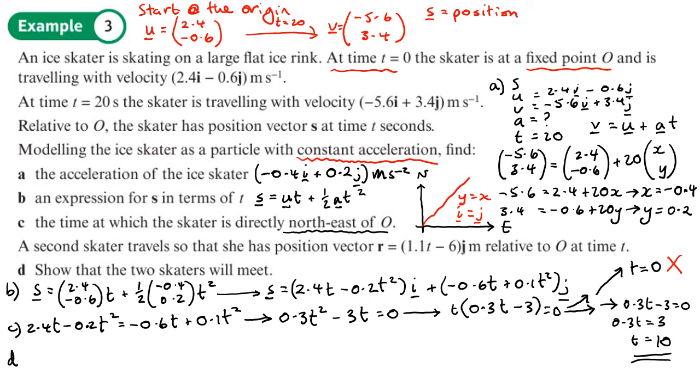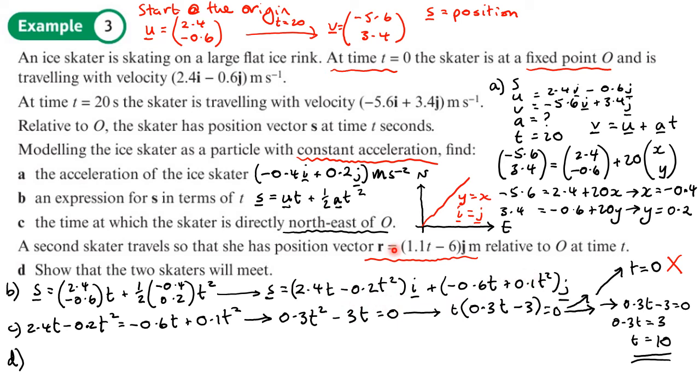Lastly, part D. Part D says a second skater travels so that they have got position R equals this. So they've got that position relative to the origin at time t. Show that the two skaters will meet. So the two skaters are going to meet when this skater's position is the same as the other skater's position. And if we can find a value of t that makes this position equal to this position, we know that